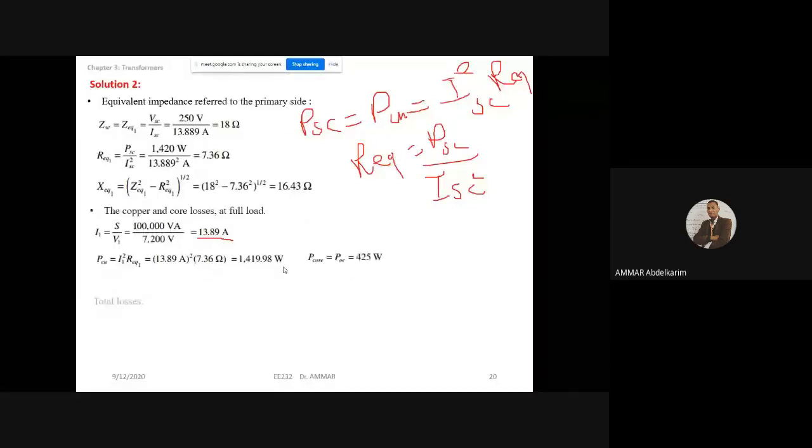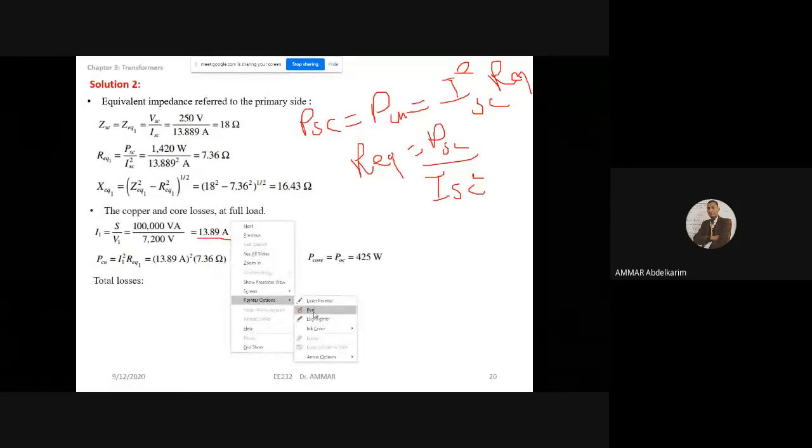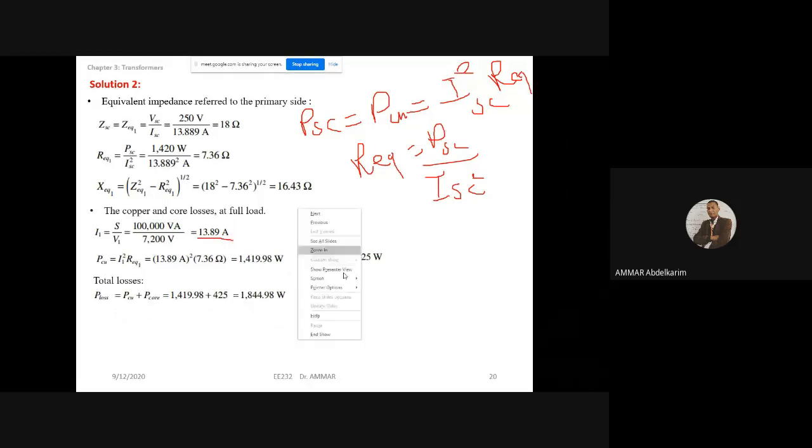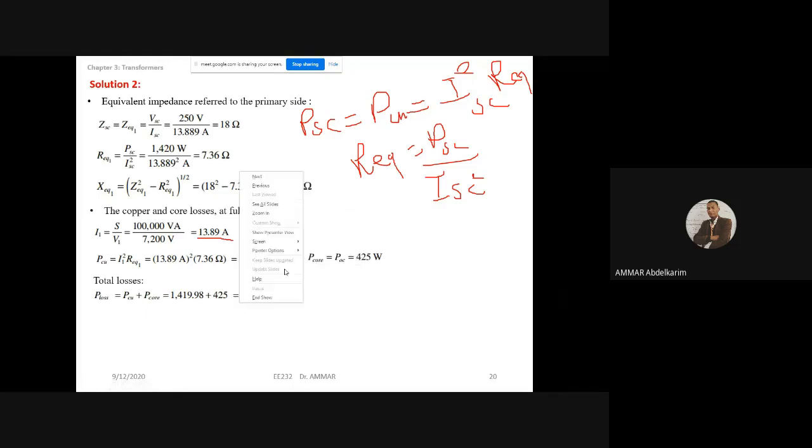So the rated current here has been calculated from S and V, and it's almost equal to the short circuit current. So the total losses equals the core losses plus the copper losses, and it's equal to 1,844